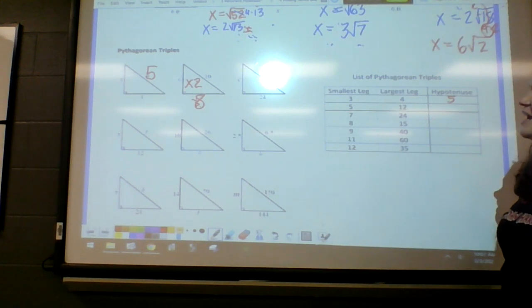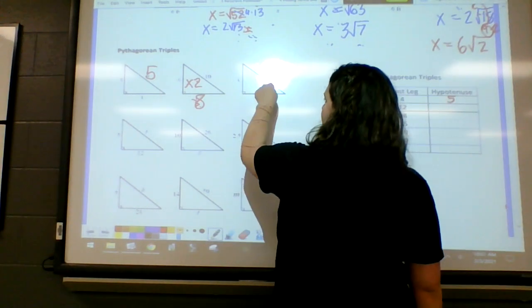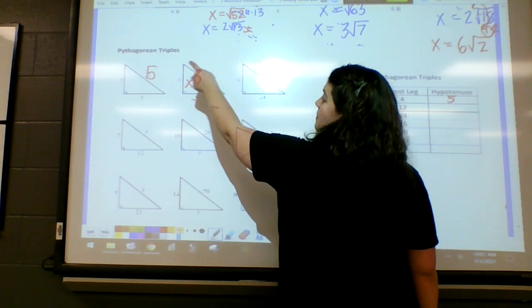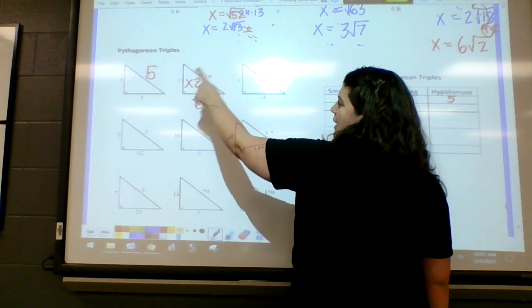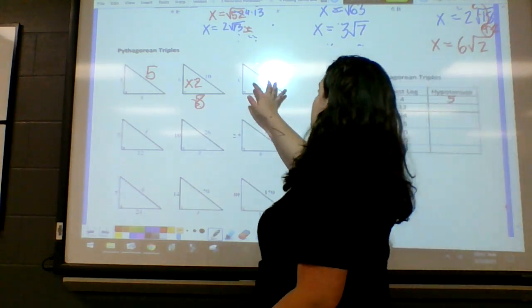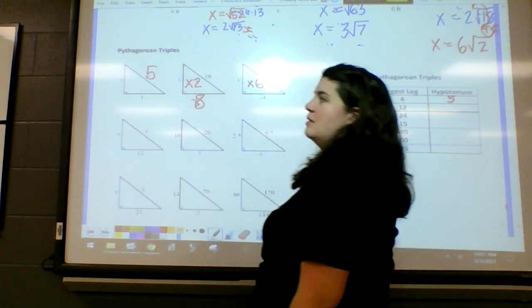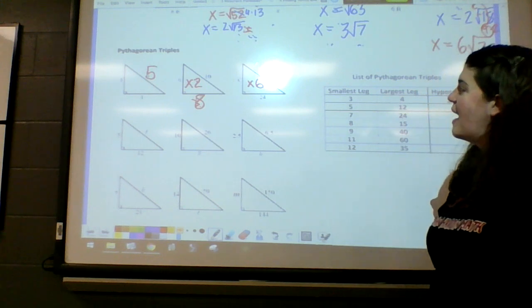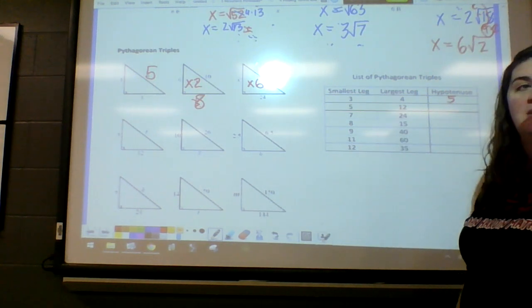All right, so the next one, we have 30, which would be 5 times 6, right? And then here we have 24, which is 4 times 6. So this is a times 6 scale factor. So that would make the other side 3 times 6, and 3 times 6 is